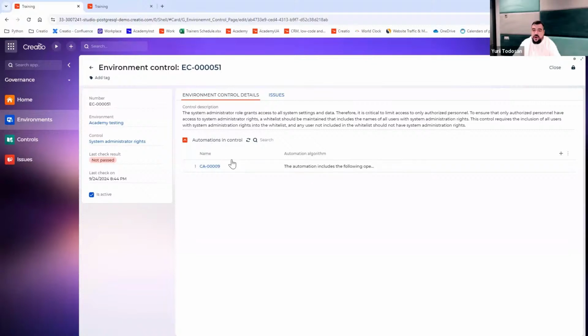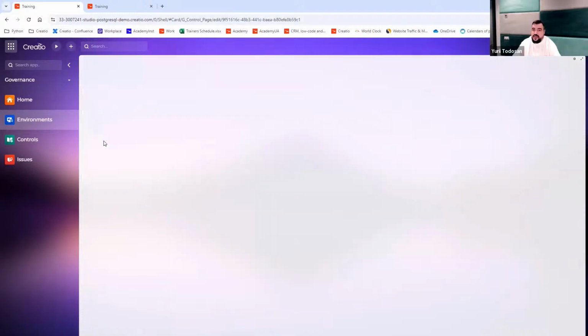Also, we have our automations in control. Those are copied from control, from this one, with system administrator rights. We will look there soon. And issues, to which we will circle back. So where does this information come from? If I now go to the control that has been used for this environment control,